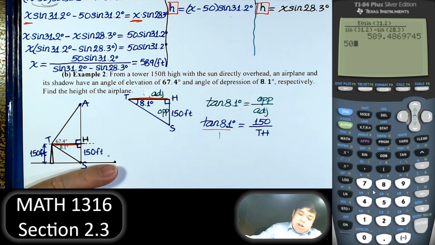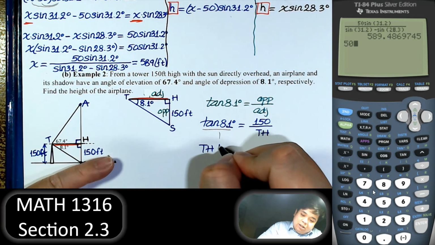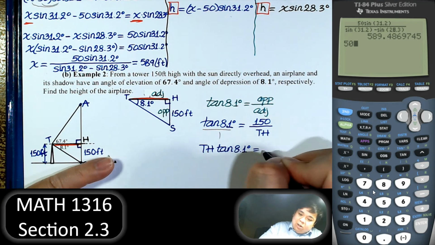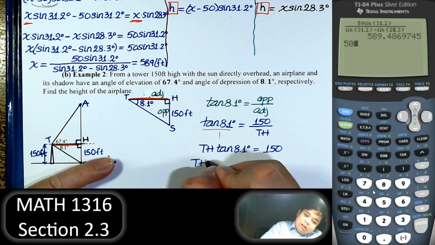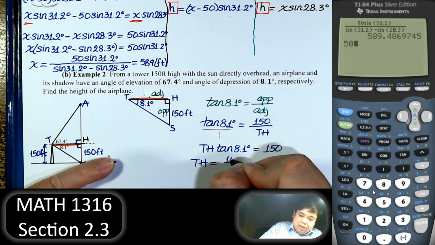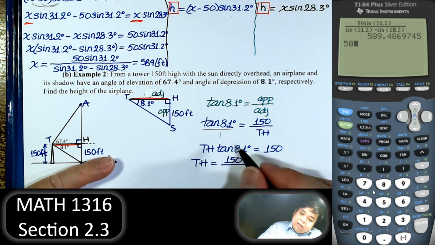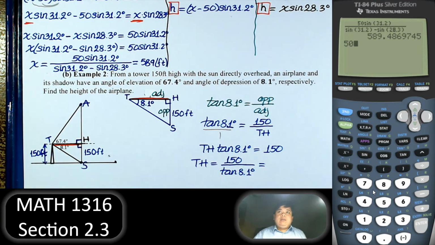Cross multiply: TH tangent of 8.1 degrees equals 150. So TH is equal to 150 divided by tangent of 8.1 degrees. Right. So 150